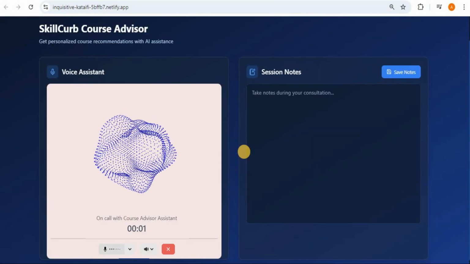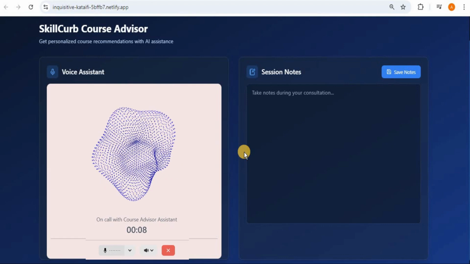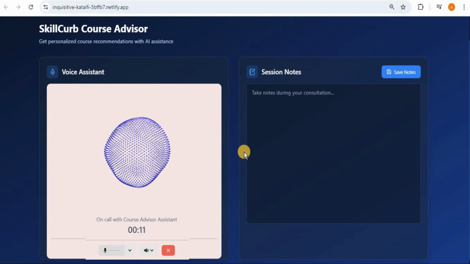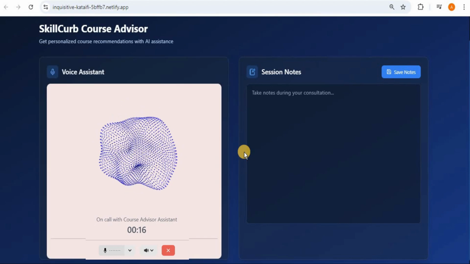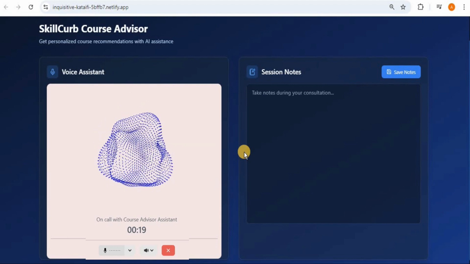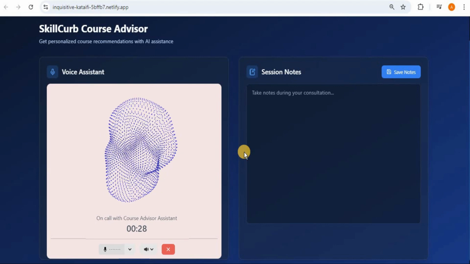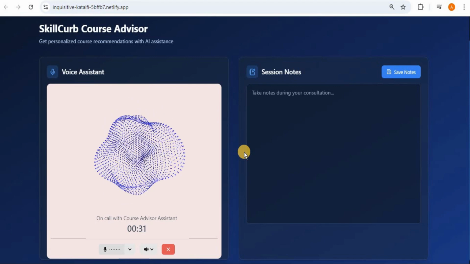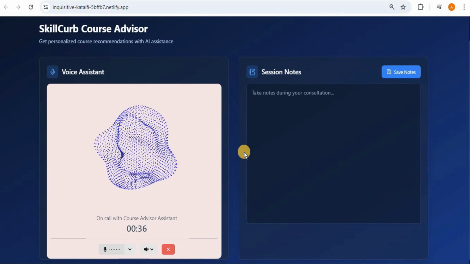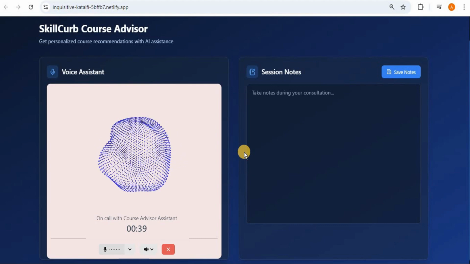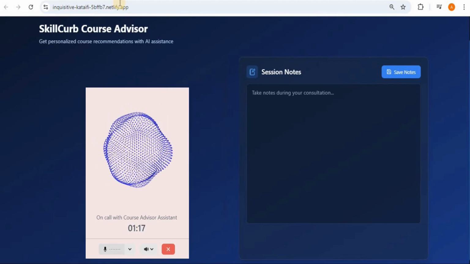Hey, Liza here from Skill Curve. How can I... I want information about Skill Curve. Great. We offer a variety of courses at Skill Curve, focusing on key tech areas like cloud computing, artificial intelligence, and data analytics. Our courses are designed to provide practical skills and prepare you. Do you have any certification for Google Cloud? Yes, we offer courses that prepare you for Google Cloud certifications. These courses cover essential topics like cloud architecture, data engineering, and machine learning on Google Cloud. Okay, thank you. You're welcome. If you have any more questions, feel free to ask.